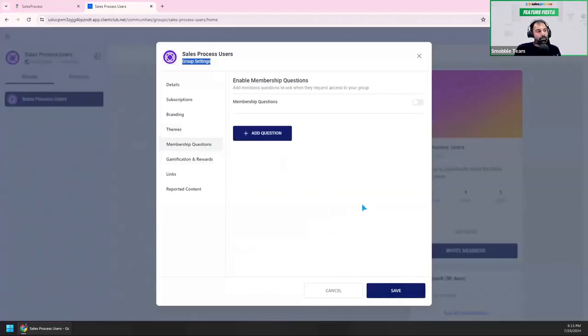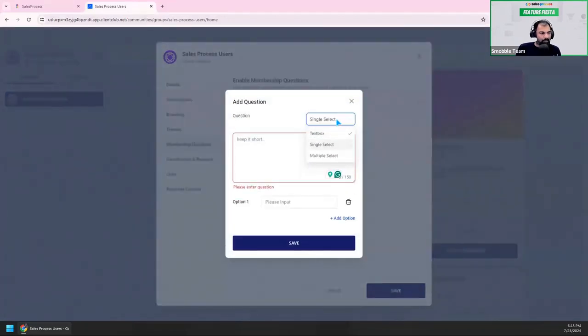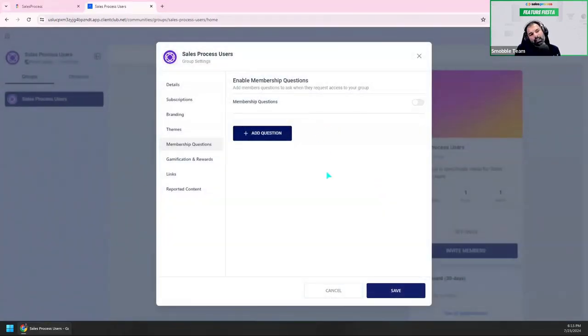And what should be the membership question? So under enable membership question, add members question to ask when they request access to your group. If we enable this, what will happen? Any member who is joining would be asked these questions that we can add in here, like single select or the type of the question. And on the basis of that, if they answer it correctly, they can join. It's like setting up pre-qualification criteria to actually join the communities. Okay. So the next thing is